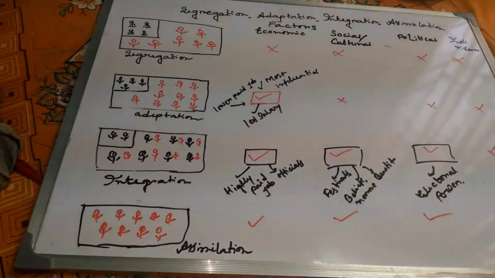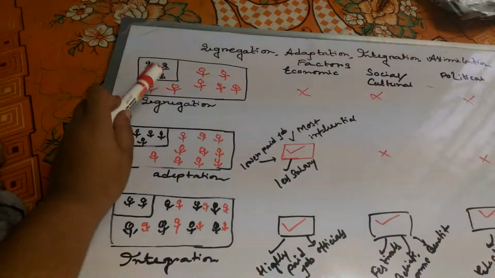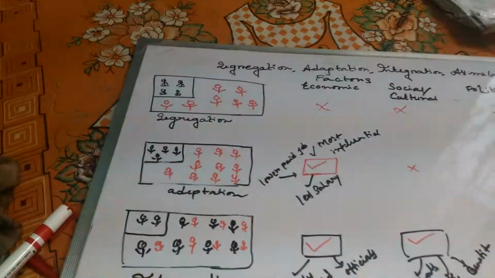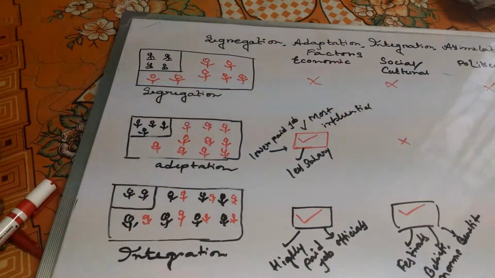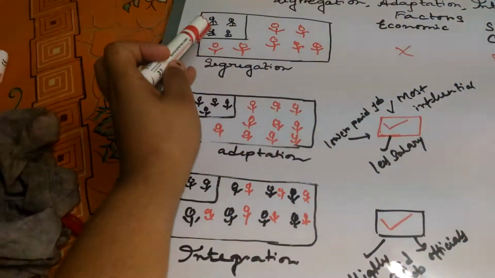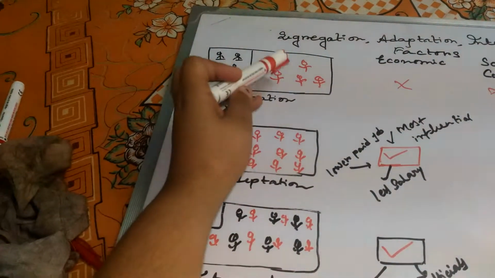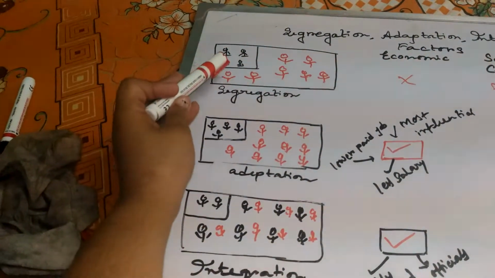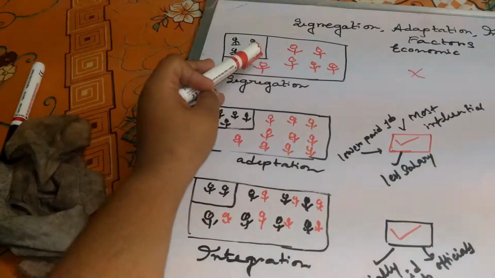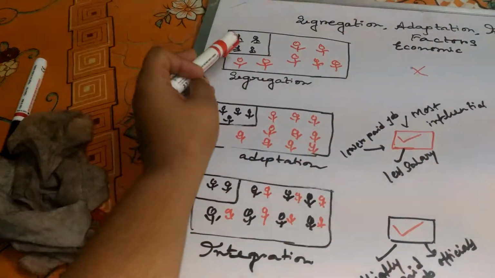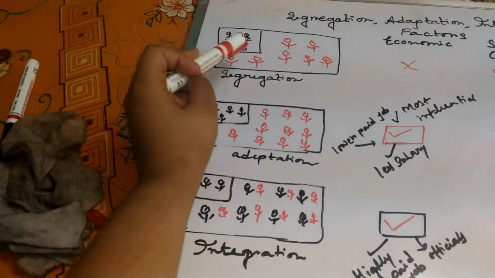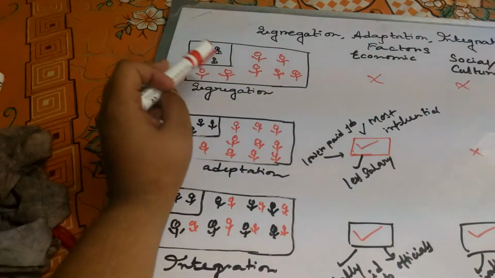At first I am talking about segregation. What does segregation mean? This type of concept is very common in the migrant society. Here I have put two types of groups. This is the immigrants group and this is the host group. Suppose at the first stage, when this immigrants group comes to the society, they are always maintaining a segregated attitude. They are in segregation. They believe in segregation.